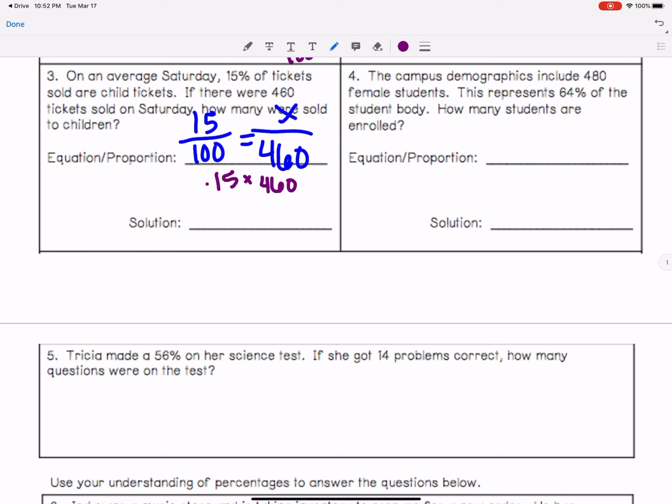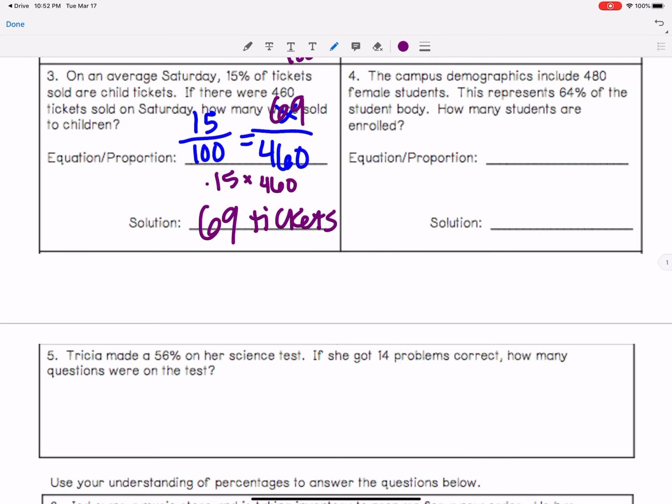And I got 69. So that means my answer right here would be 69 children's tickets. That's what is sold. 69 tickets for children. Okay, question. And sorry, the third way that I could show you to do this is you would do 460